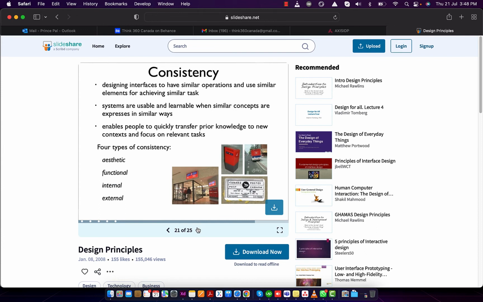Consistency, very important. So this we should read. Designing interfaces so that similar operations use similar elements for achieving similar tasks. Systems are usable and learnable when similar concepts are expressed in similar ways. It enables people to quickly transfer prior knowledge to new contexts and focus on relevant tasks. Four types of consistency: aesthetical, functional, internal, external. Means,